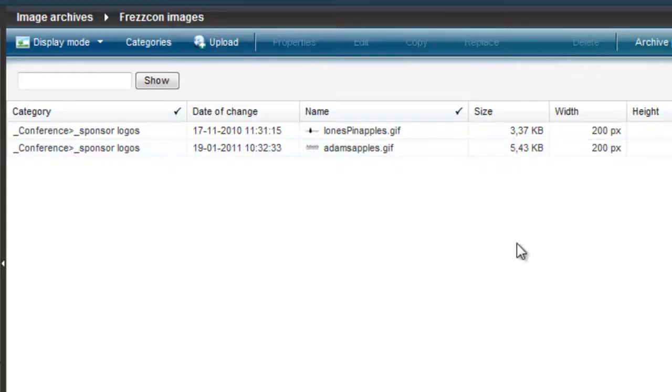Another thing you could do is sort your data based on SmartView headers. So say I wanted to view my images by date. If I click once on the header, my data is displayed in ascending order with the oldest image first. If I click once again, then my images are displayed in descending order.